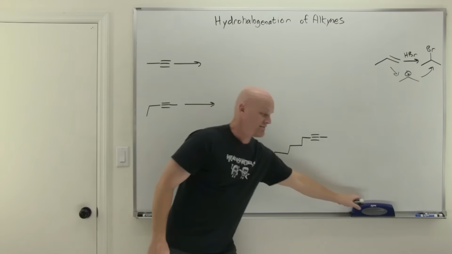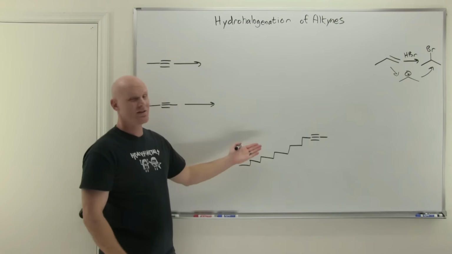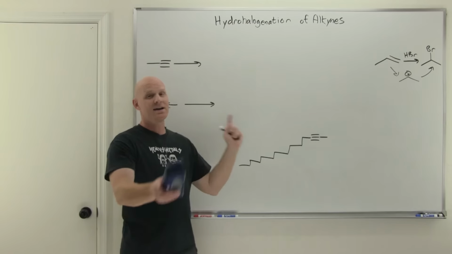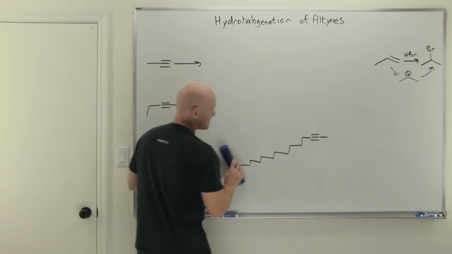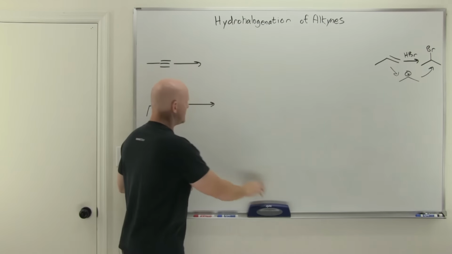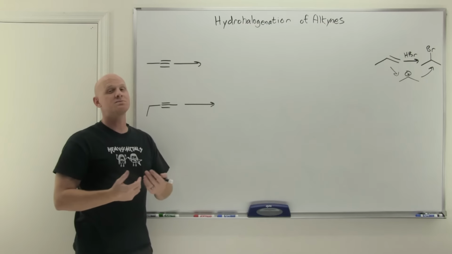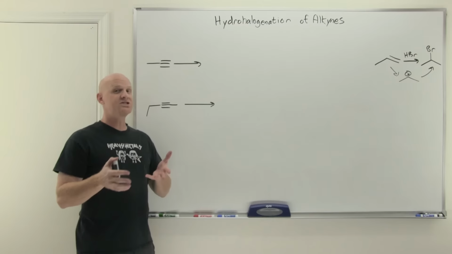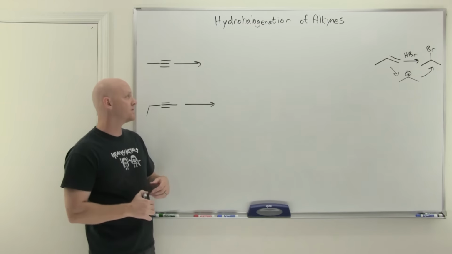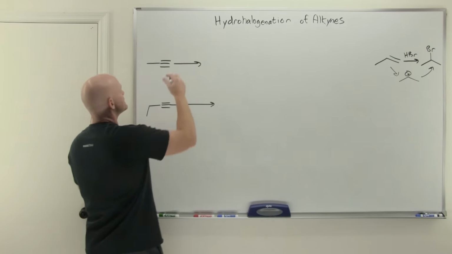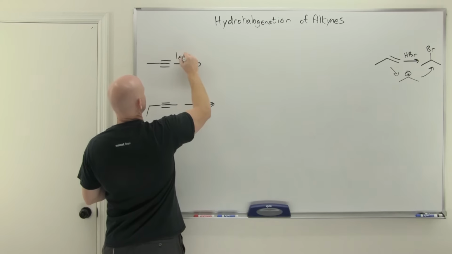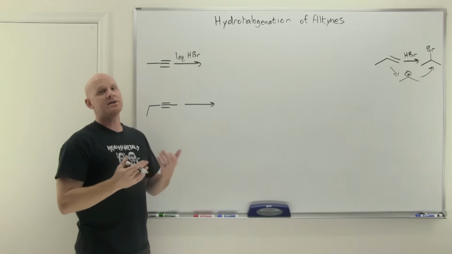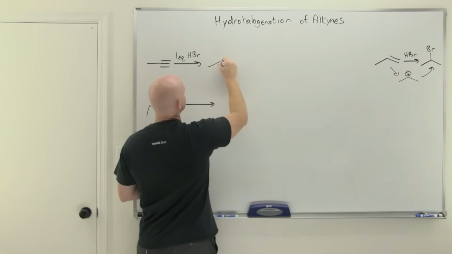So if neither one is more substituted than another, then Markovnikov and anti-Markovnikov wouldn't really mean anything for an internal alkyne. It could just go either way. From here on out, I will work one example with an internal alkyne, but I'll probably just be using terminal alkynes for a lot of these reactions, that way we can actually see the difference between Markovnikov and anti-Markovnikov. In this first example, we can add 1 equivalent of, say, HBr or HCl or HI, and 1 equivalent is going to add Markovnikov